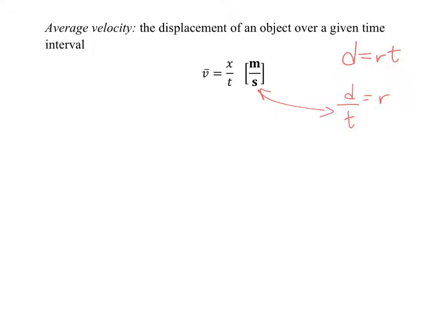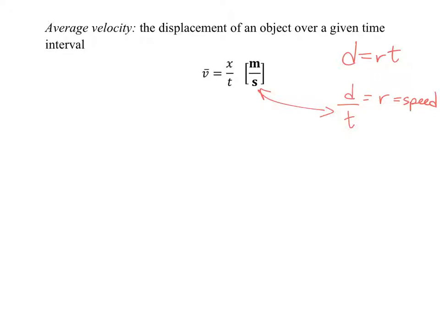Well, now it's a little bit trickier. Now we use displacement instead of distance, and we're getting average velocity. This would actually give us speed, by the way. In your math class, when you learned about r being a rate, it's actually the speed of an object. So we're going to see speed and velocity as different things, which is kind of ridiculous to think about because they sound the same. They sound like they're both measuring how fast you're going. But remember, for speed, we care about the distance traveled over the time. For velocity, it's all about the displacement over time. And we're going to see an example of how these two things differ in a minute.